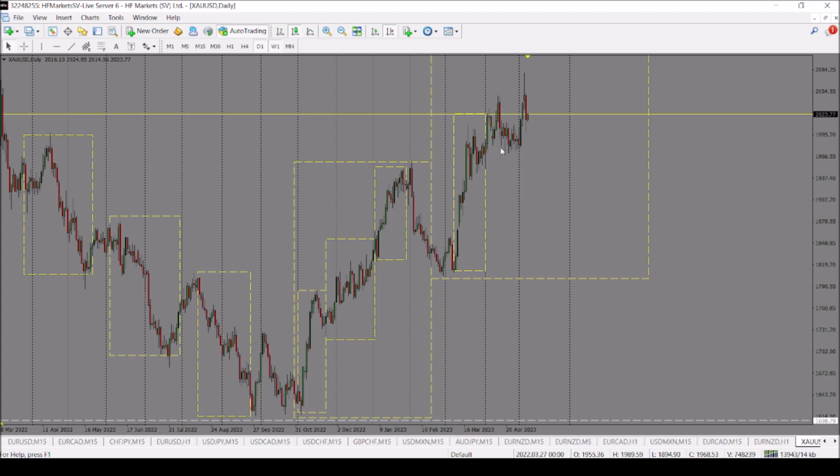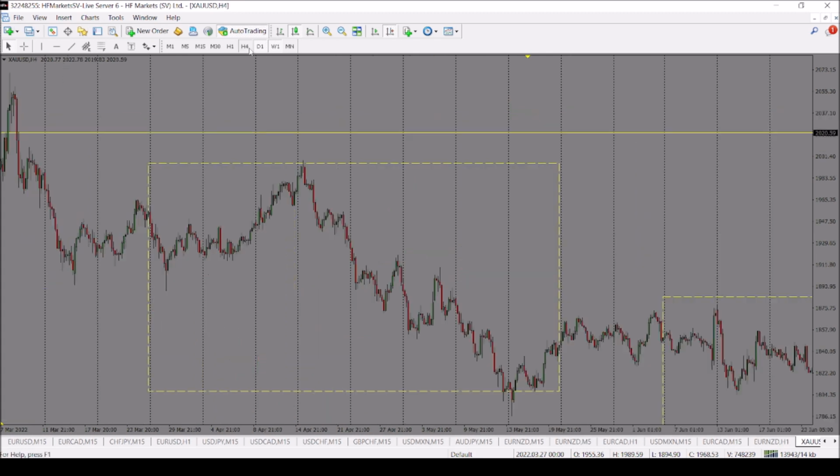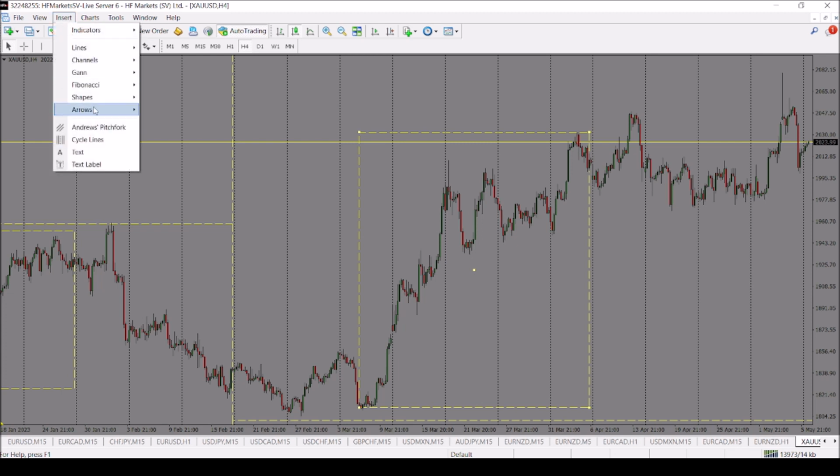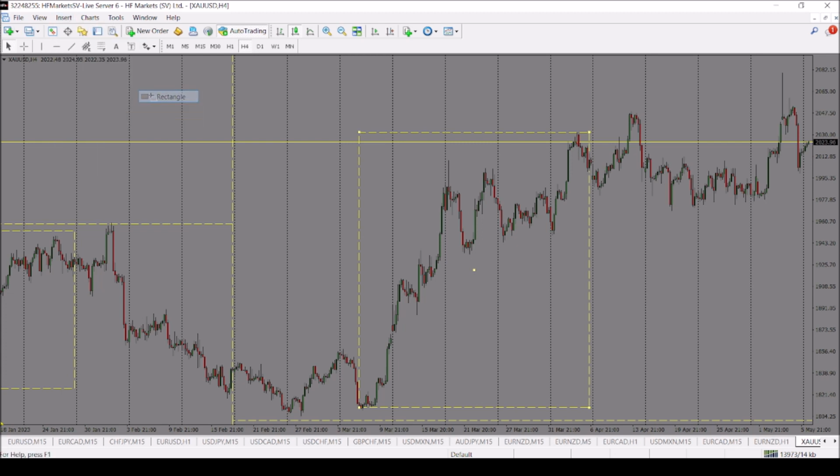Therefore, we are now coming away from the H4 reset point, right? So we've said in one daily level, we expect to see 3 H4 levels. For any time frame that you are looking at, we expect to see 3 levels of the preceding time frame. So to make a verification, we are saying on the H4 time frame, that daily level that